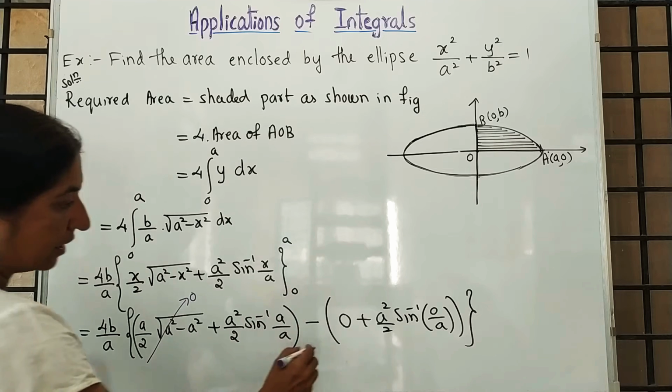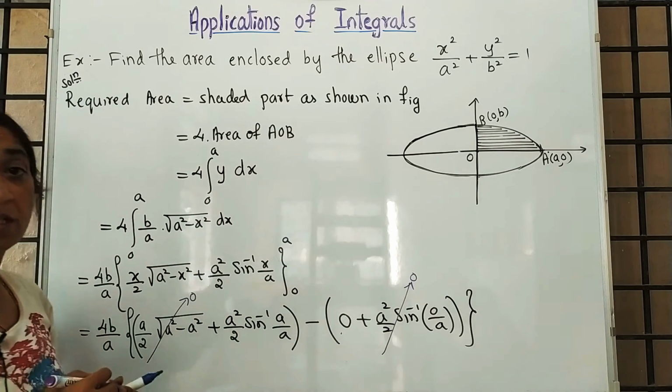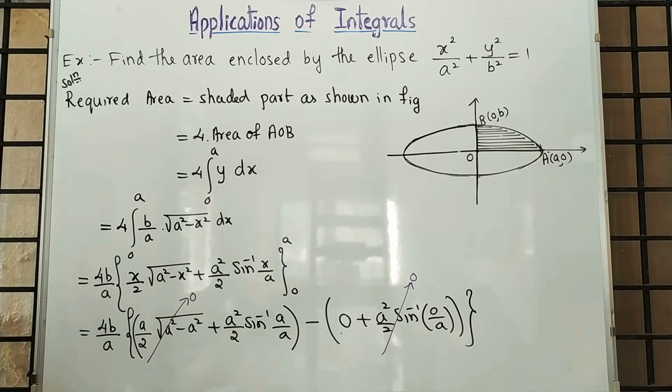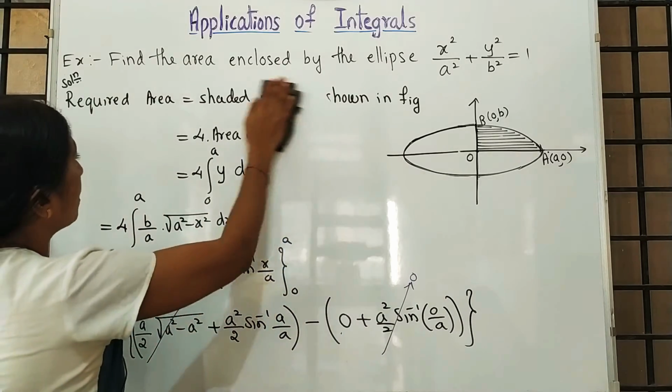and this remains as it is. This is 0. 0 upon A is 0. Sin inverse 0 is 0. So that value is also 0. Then what is remaining? The remaining value is